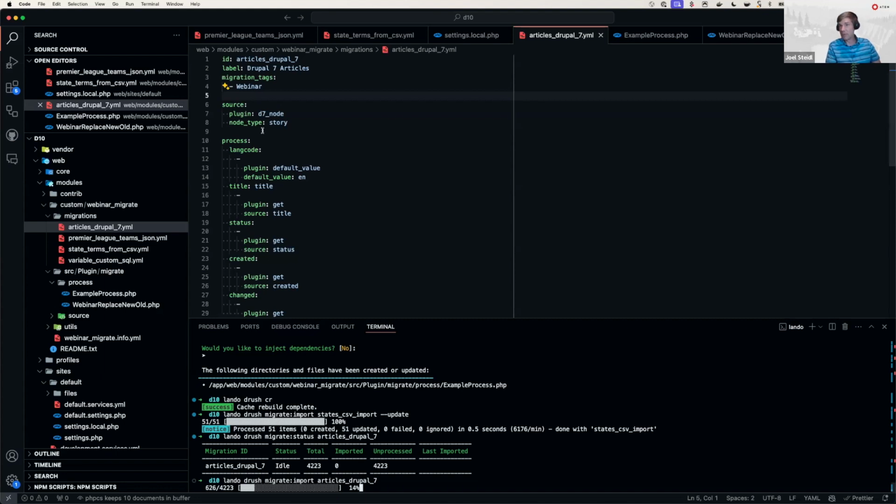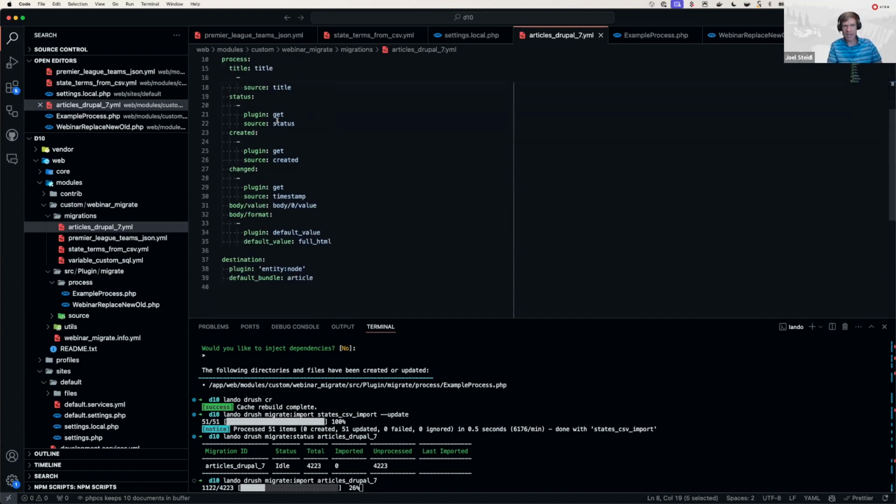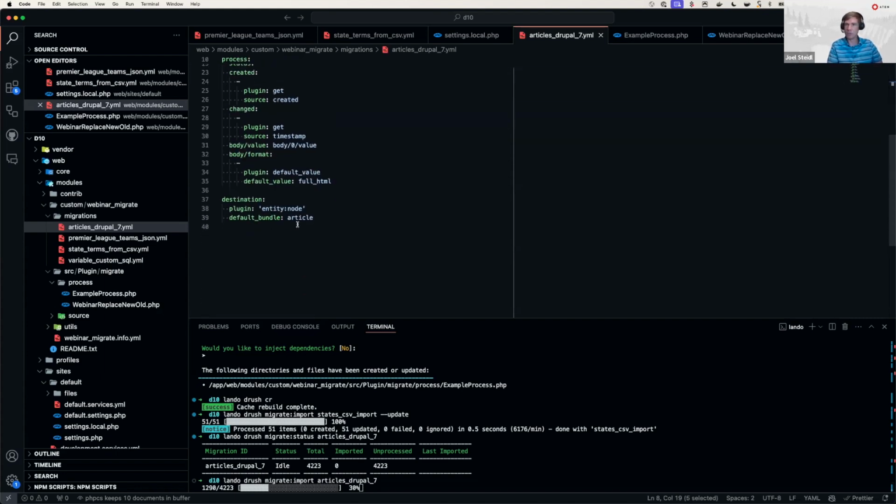You could set up as many of these as you need, right? So we could make a copy of this file, change the content type name, the destination, and you would be off to the races. So sometimes, if you want to be more prescriptive about what's coming over from your Drupal 7 site, this is a great way of handling that. All right, while that's running, the last thing I'll touch on is migrating from a custom